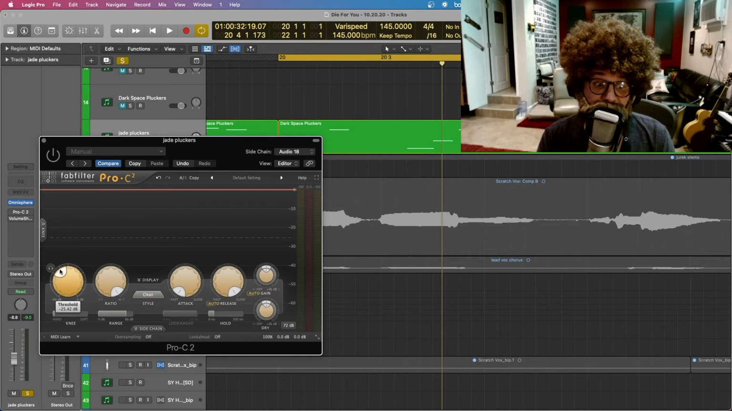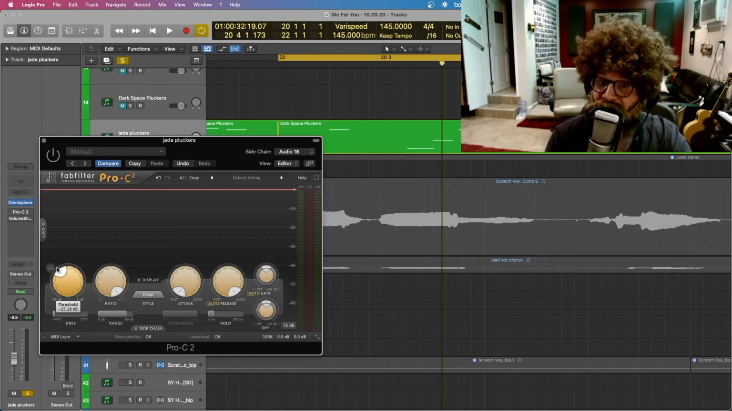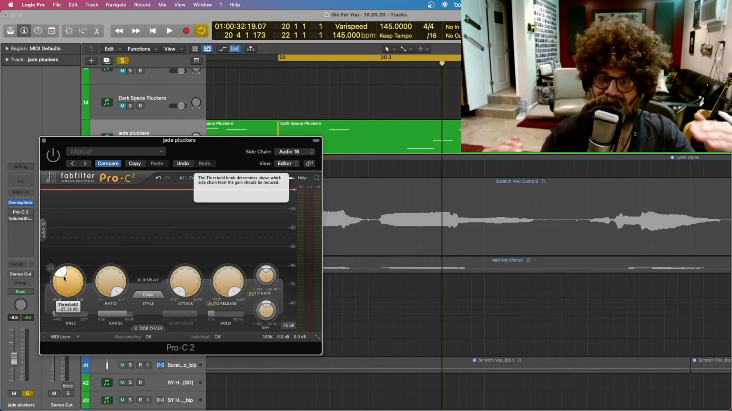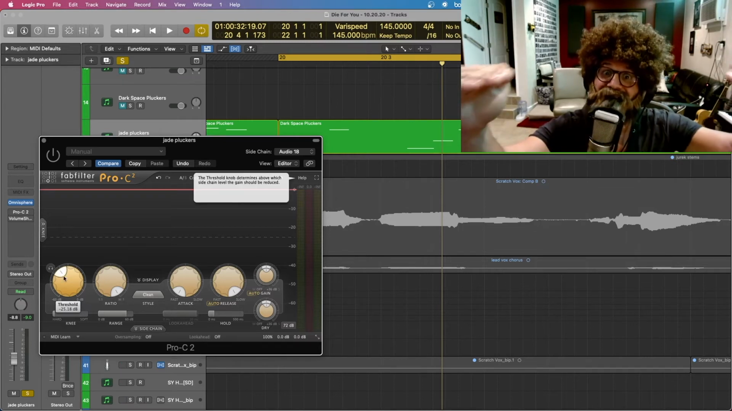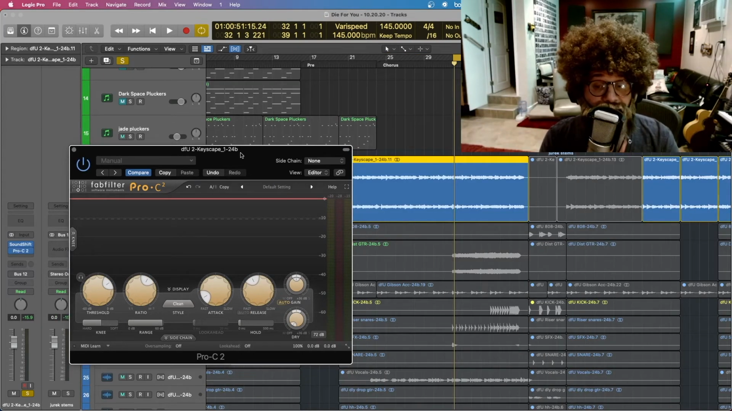So if I have my threshold set to negative 25 decibels, that means if my sound is quieter than negative 25 decibels, the compressor won't even see it. The moment my sound goes above negative 25 decibels, the compressor kicks on. So for example, if we look at this keyboard sound,